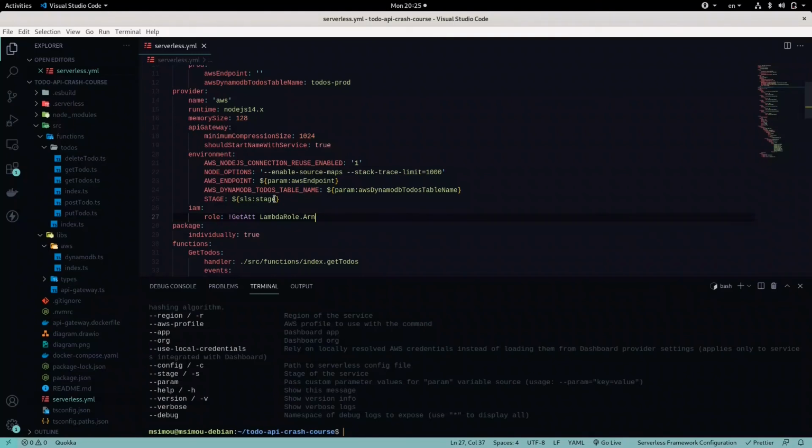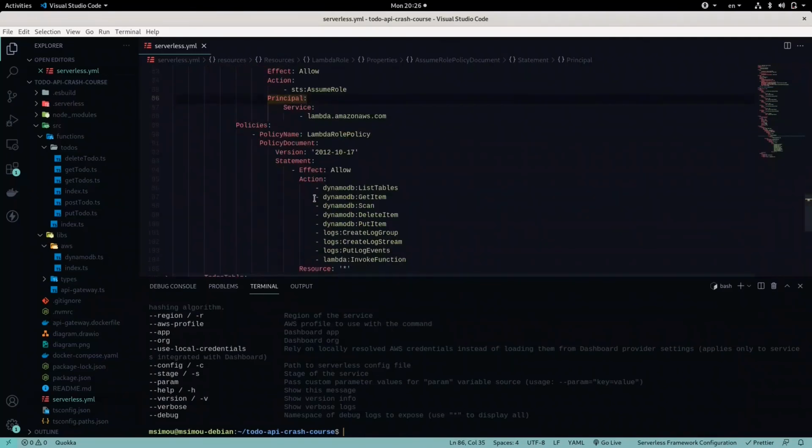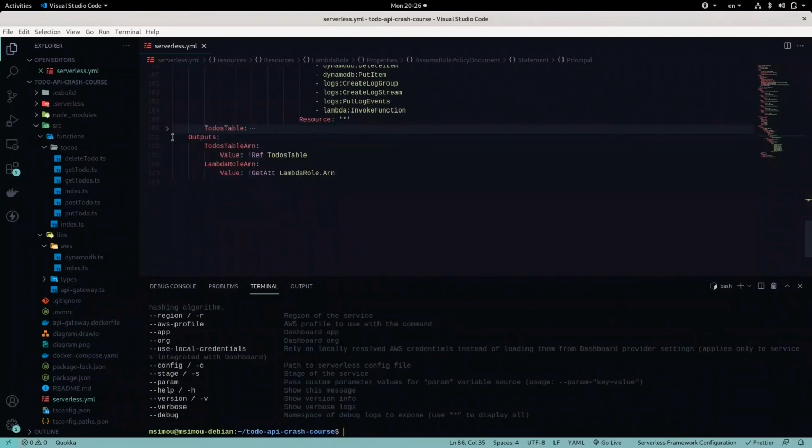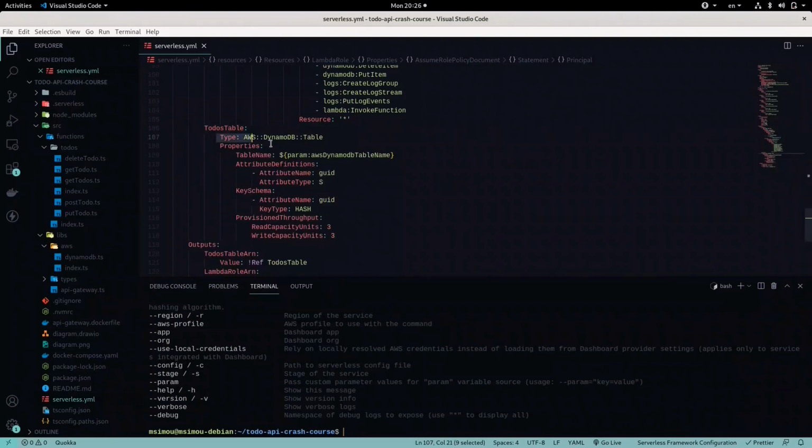of that role. So if you're not familiar with CloudFormation, it's the service provided by AWS so that you create services in them programmatically, and it has its own syntax, and that's its syntax on how you can access the ARN related with the Lambda role. So now we can come down and check the to-do table, and here we set the to-do